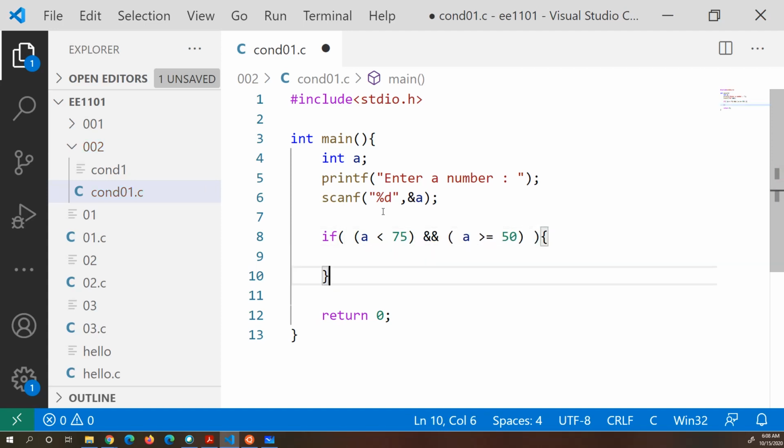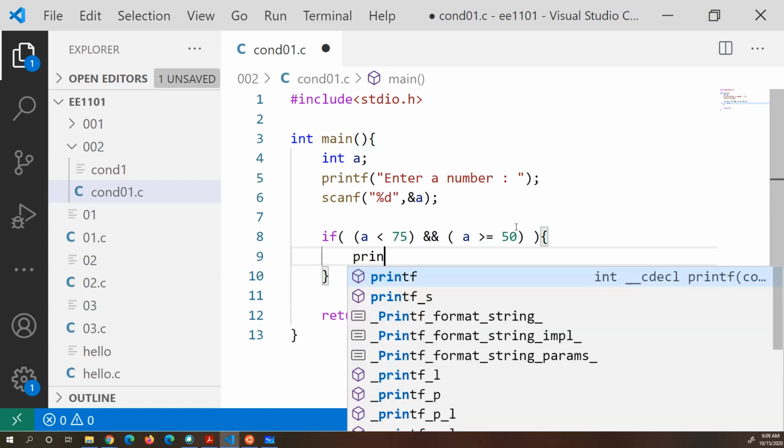So now, if this goes to the true part, that means the whole condition is true. That means to make the whole condition true when you are using the AND operator, both conditions should be true. If both conditions are true, A is between 75 and 50, including 50. Okay, so now printf